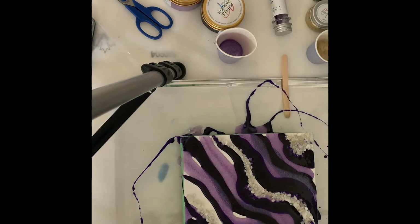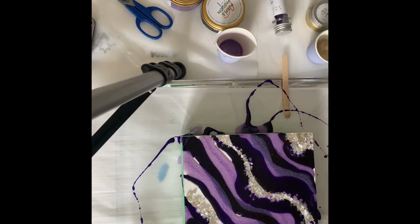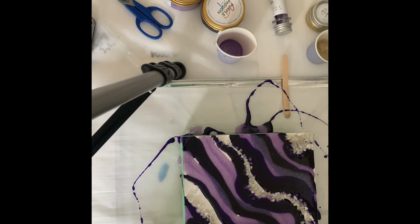And I'm just going to wipe my hand here quick. When you go to grab your torch or heat gun or blow dryer or manipulating tools, whatever you decide you're going to use, it's good to grab either a wet wipe or a paper towel. Wipe off the resin on your gloves. Sometimes if I only have a tiny bit, I'll wipe it off and I'll just use the same one to grab my torch. As you can see, these tools, if you don't, often end up with epoxy and other pigments on them. After I kind of have it poured, I can give it a quick torch just to remove